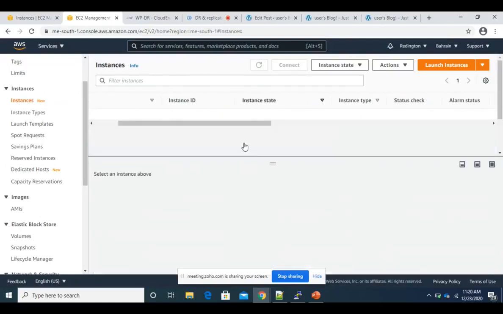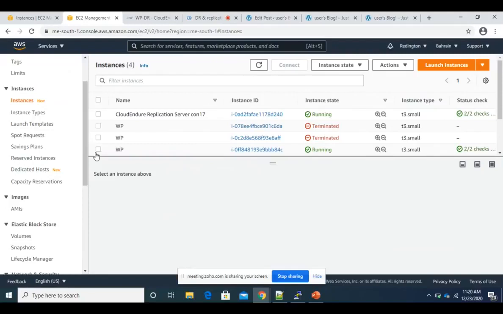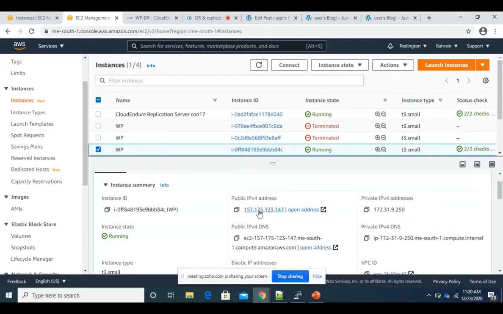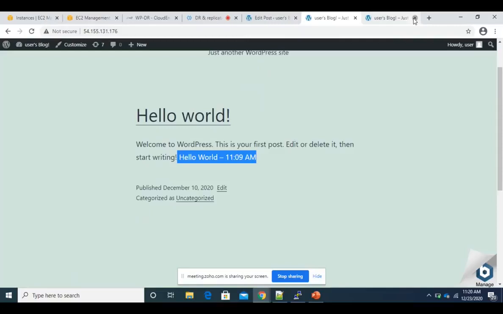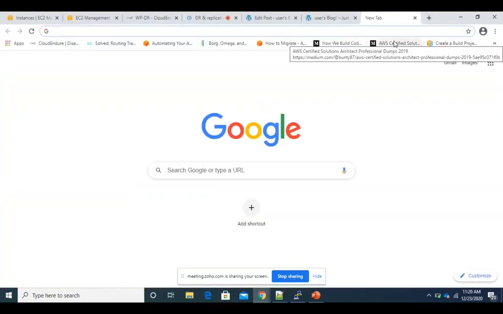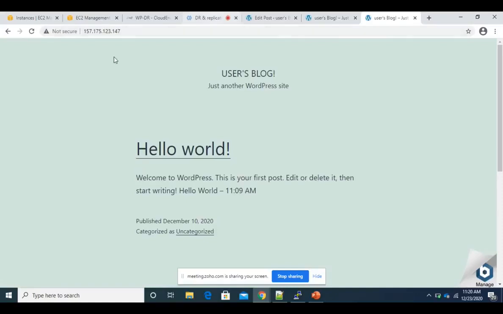Okay. So the status check has also passed. Now let's grab the new public IP. I can just copy it. This was the old one; I don't need it now. So this is the new disaster recovery instance from the Bahrain region. As you can see, the new changes are also captured when we launch the disaster recovery site.